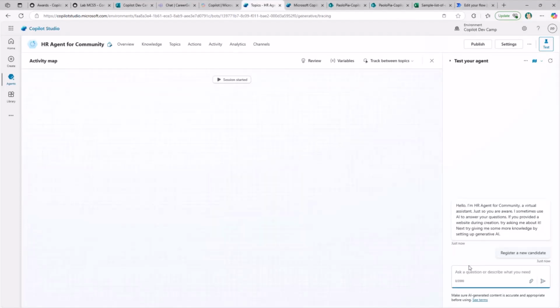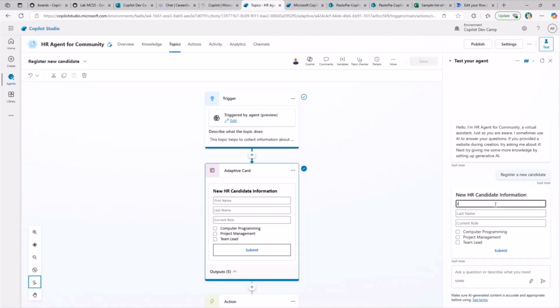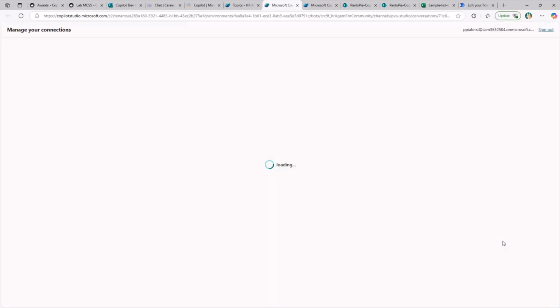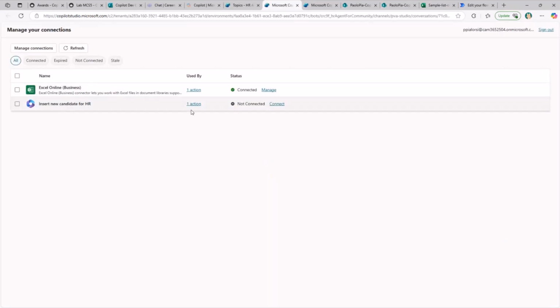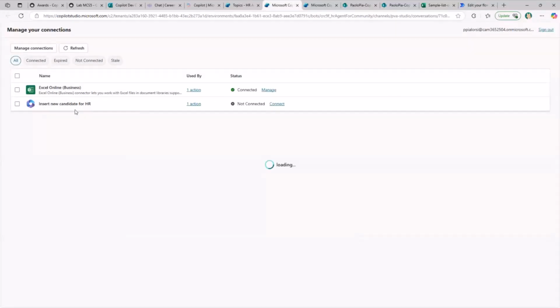Okay. I will provide, as before, the name, the role, and everything else about my candidate. So, John White, senior developer, or whatever else you like. I will be a computer programmer. I can submit my request. I will connect again, because I need to insert the item and to trigger the flow that I'm going to use. I'm already connected to Excel Online Business, but I'm not connected to the other connector used by the Power Automate flow. And once I'm done with the connection,